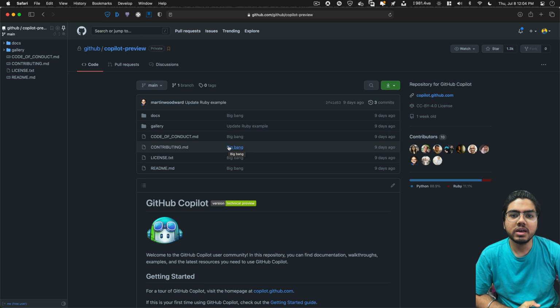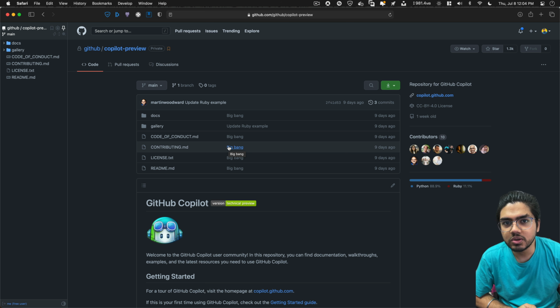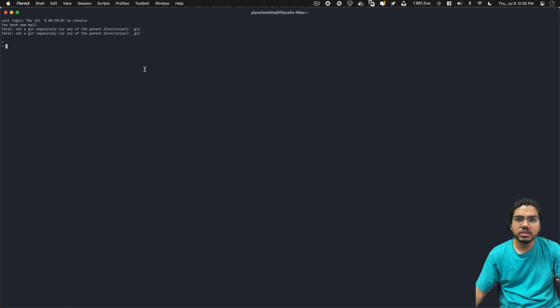So this morning I recently got preview access to the GitHub Copilot program. So let's find out how it works and whether it's useful or not, and whether it's taking your job or not. Today we'll make an Express API, which will be a to-do list API, and let's see how GitHub Copilot does this and how it actually works. Let's start. Without any further ado, let's start making our app.